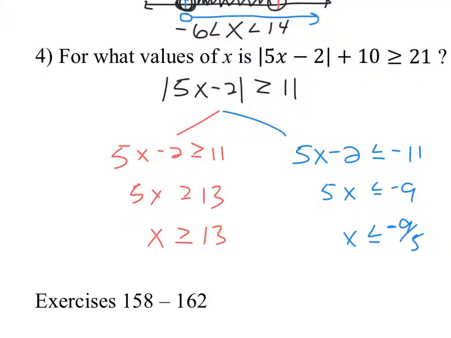This is greater. Read with the absolute value first, so it's an or problem. So we're looking for answers that are greater than or equal to 13, or they're less than or equal to negative 9/5. So if we draw a number line for this,